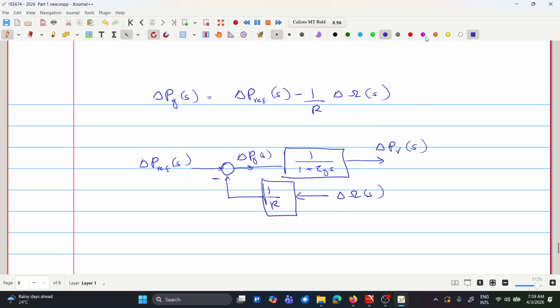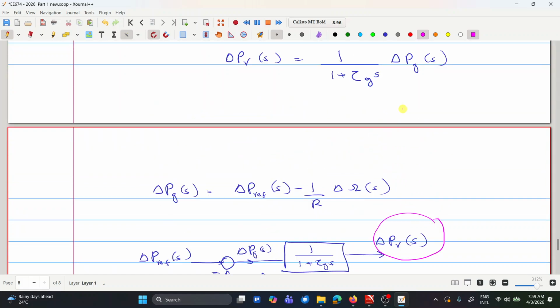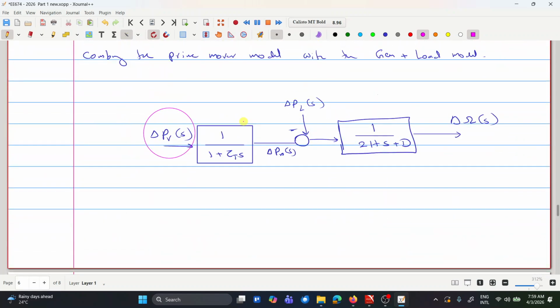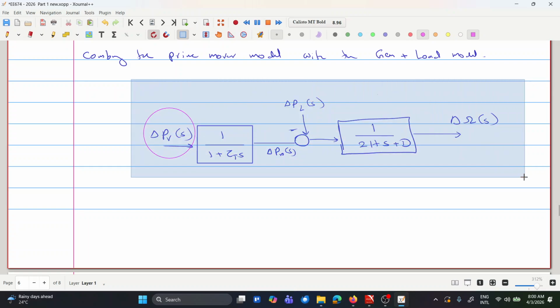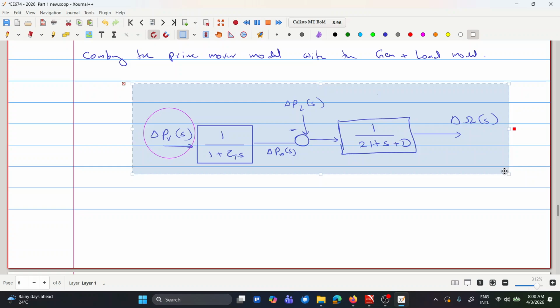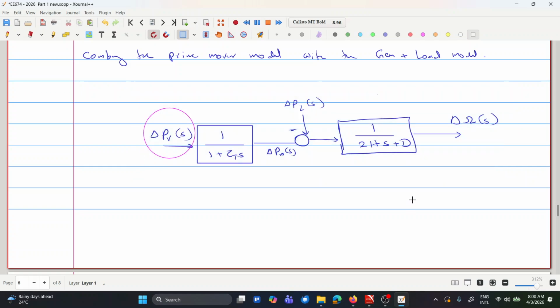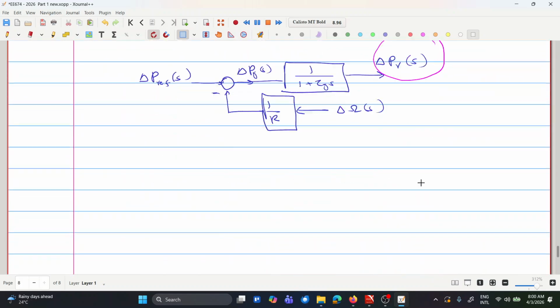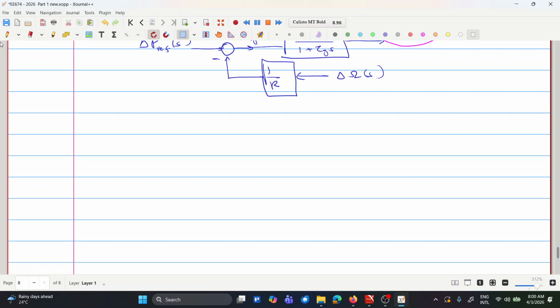So now we have the valve position control command here, and then combining that with our generator plus the prime mover plus the load model, the combined model here,